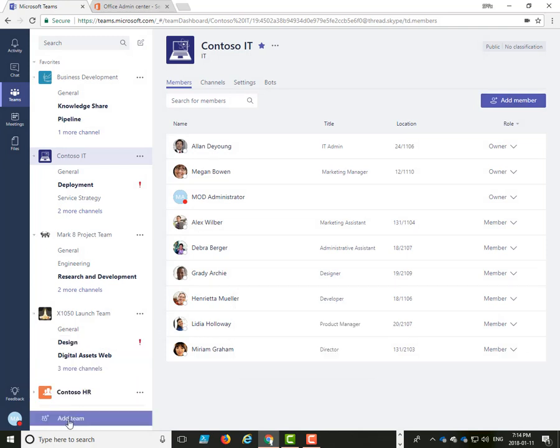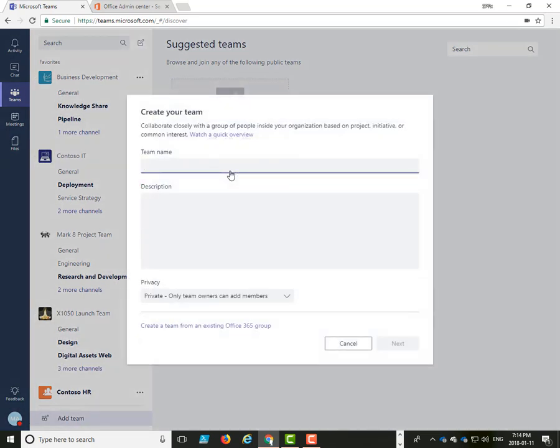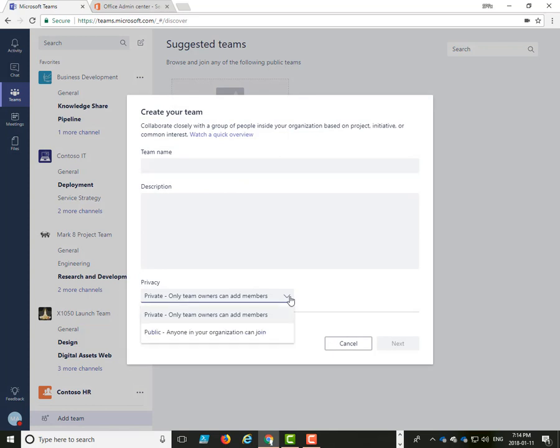When you create a new team, you have the option to specify what type of team you want it to be. There are essentially two options. A private team is one that is only visible to the specific individuals you specify, and only they can see the content and participate in the conversations. On the other hand, a team that is public can be seen by anybody inside of your organization who has access to Microsoft Teams, and they can also participate in conversations and view the content.